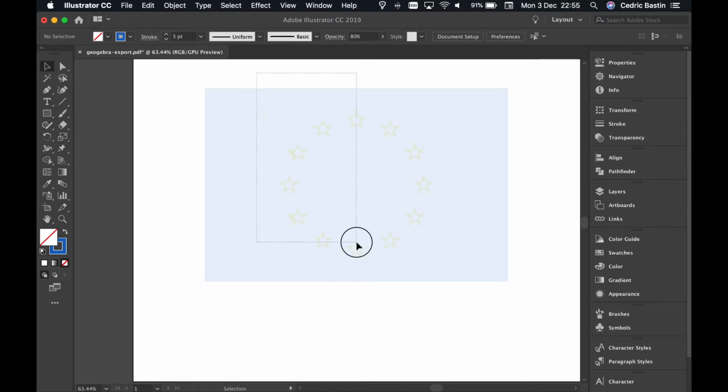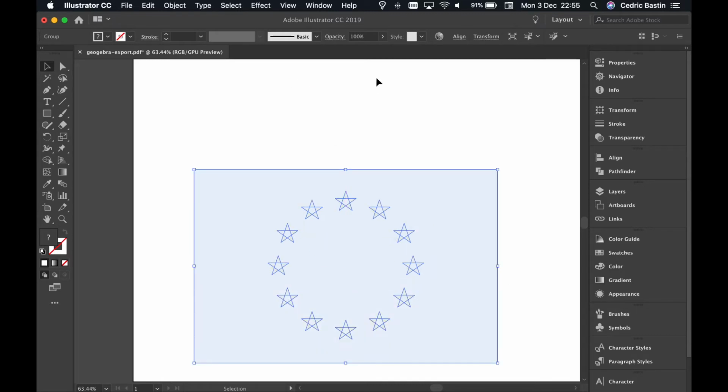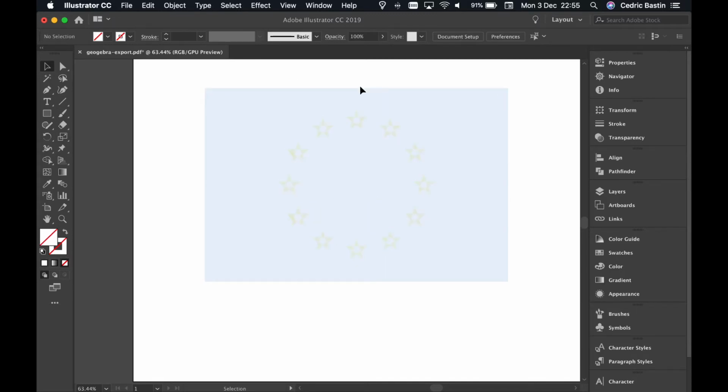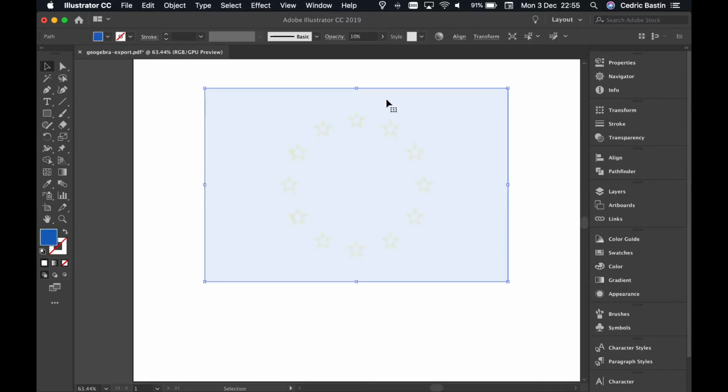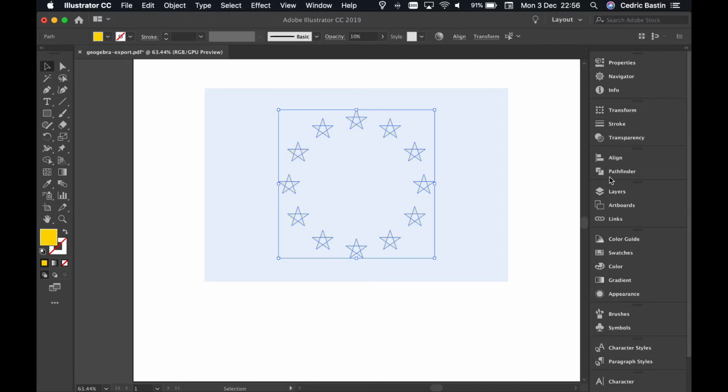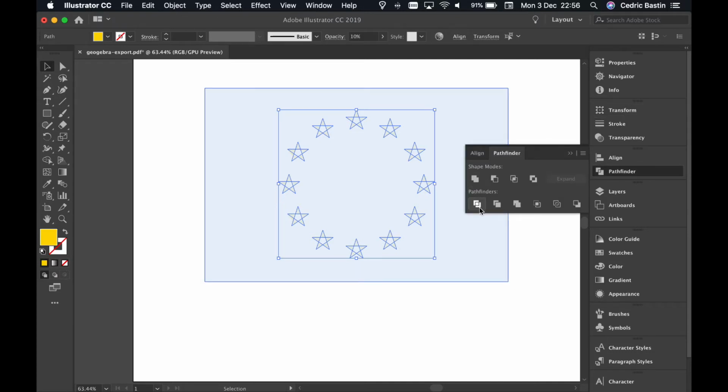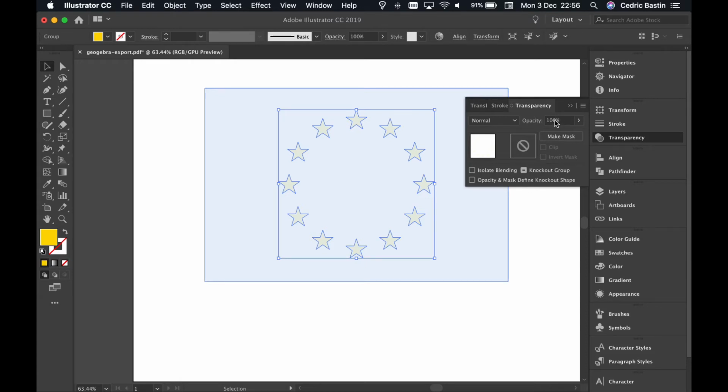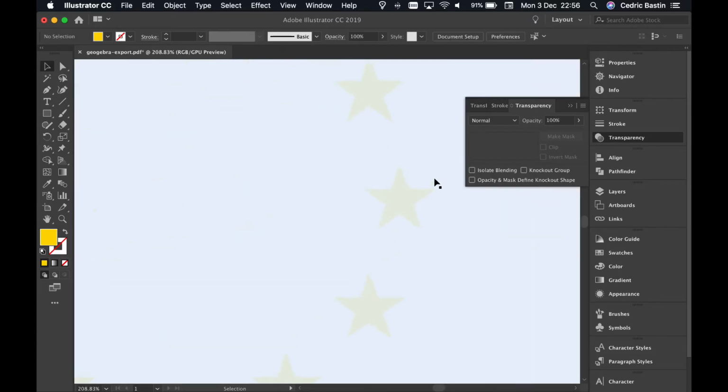So here I'm just getting rid of the outline because for some reason the outline and the objects were separate, and we just care about the inner part and not really the outline. Then stuff was grouped together weirdly, so I had to get rid of all the grouping, and then I had to use my favorite tool, the Pathfinder. Before, the stars were empty in the middle because of the way the line was drawn. The center part ended up being empty, and when you use the Pathfinder you can first dice the pieces and then merge them back together